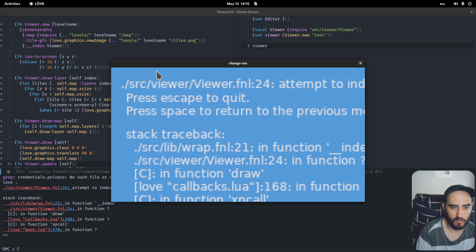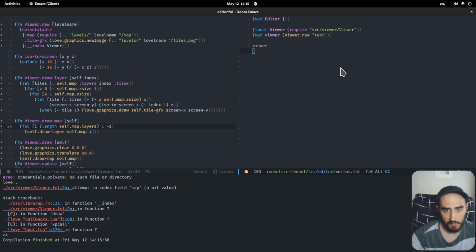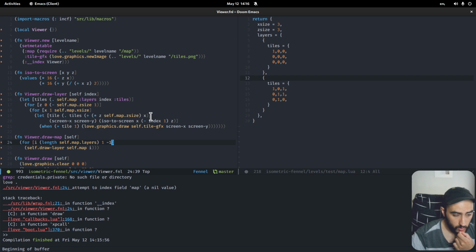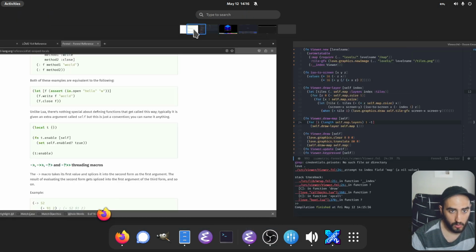Let's see which exact line it is on. 24. Okay. Self.map.layers is nil. So if I go to the map itself, there is indeed a layers field. So I'm going to want to do the